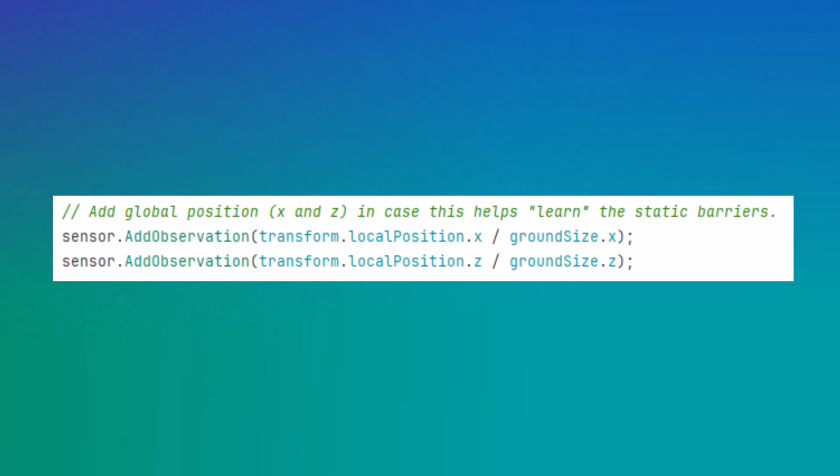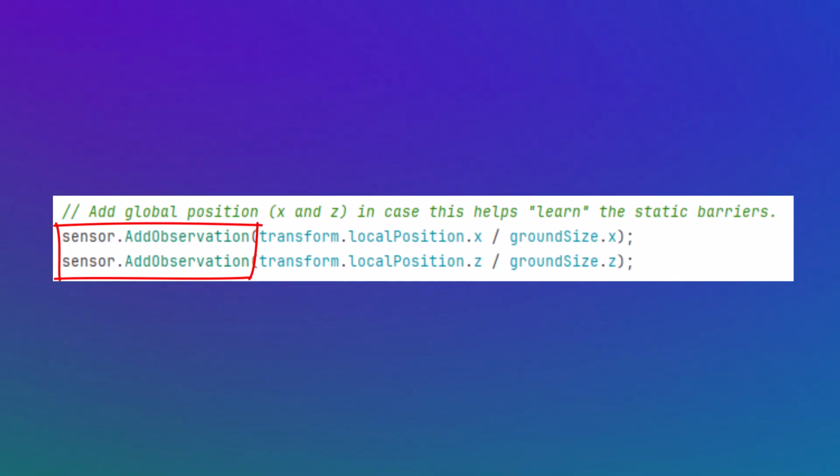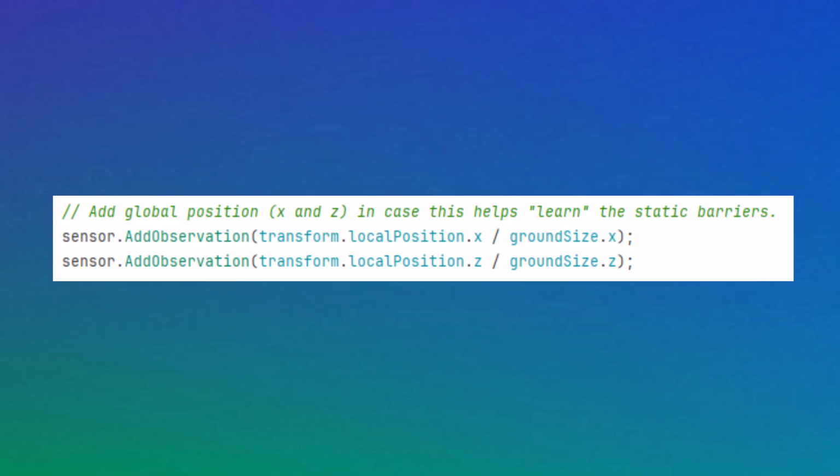What about location? I don't have a biological way of knowing exactly where I am. On the other hand, my phone or watch are usually with me, and they each have a GPS. So maybe it's reasonable that a 21st century person or AI might have an easy way of knowing its location. Any variable can be used as an ML agent's observation using the API function AddObservation. I use this to report the AI's global position as sort of a GPS sense. I had thought the humanoid might learn where the barriers are.